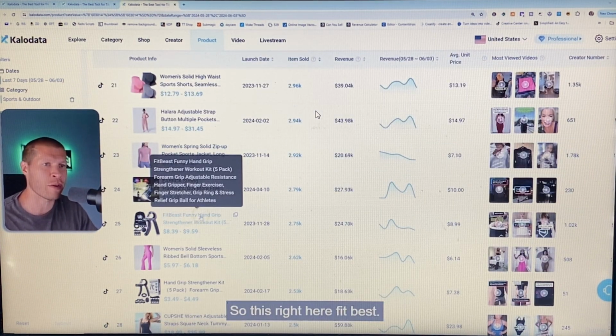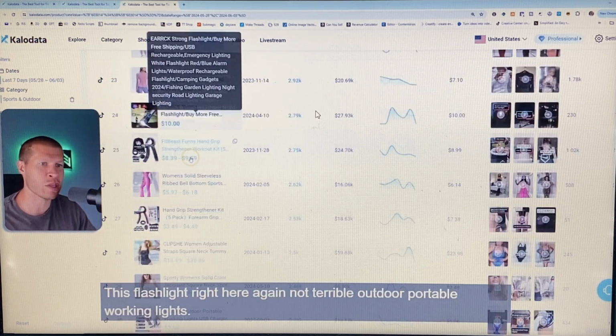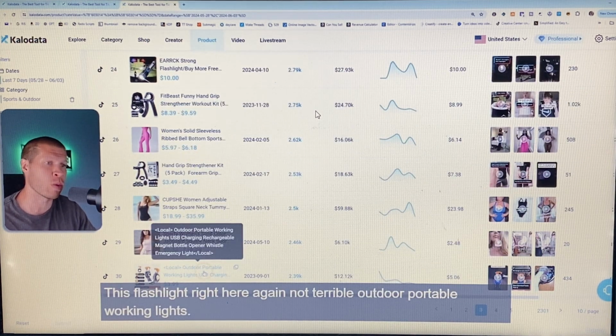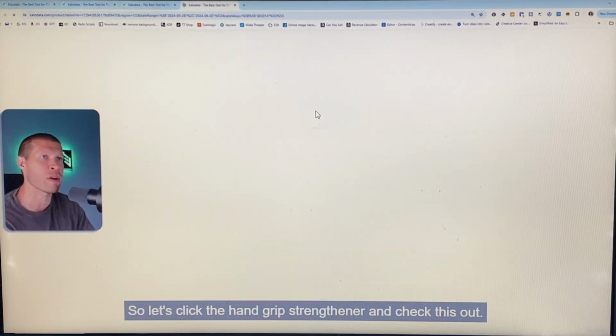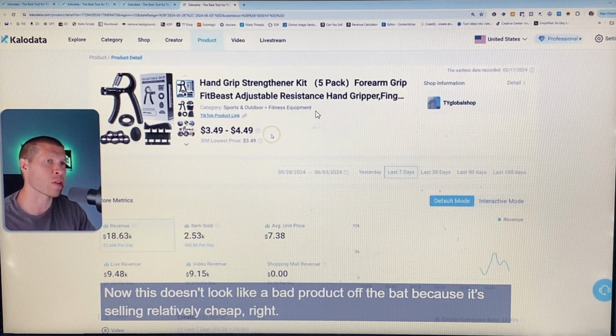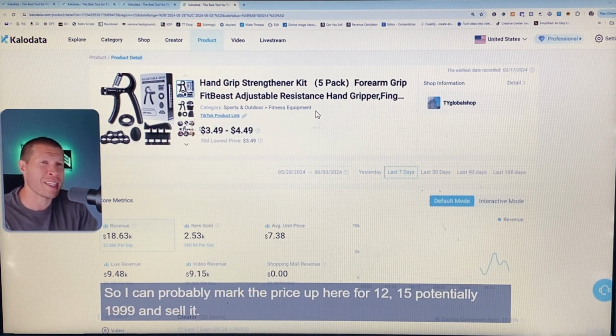So this right here, Fit Beast Pony hand grip, not terrible. This flashlight right here, again, not terrible. Outdoor portable working lights. So let's click the hand grip strengthener and check this out. Now, this doesn't look like a bad product off the bat because it's selling relatively cheap, right? So I could probably mark the price up here for $12, $15, potentially $19.99 and sell it, because again, remember,